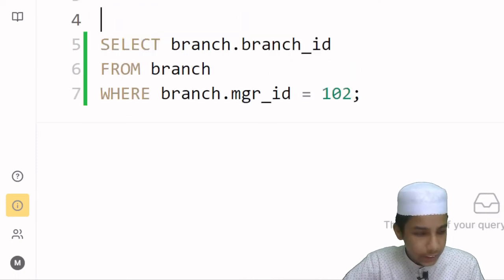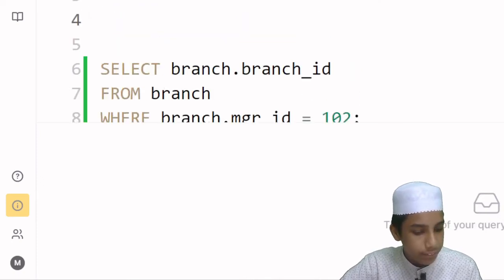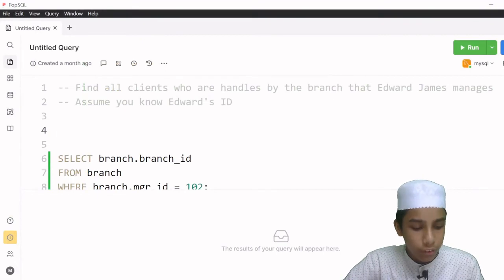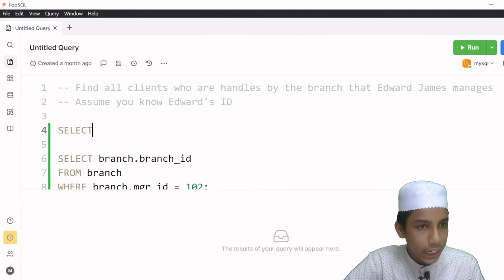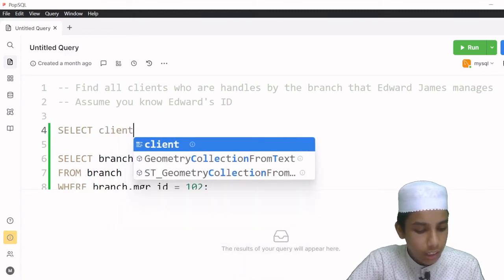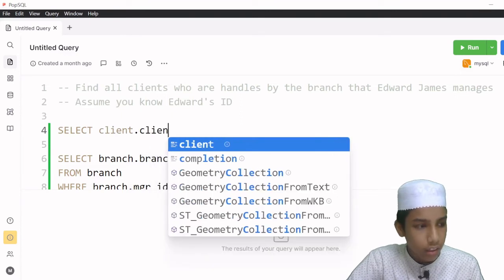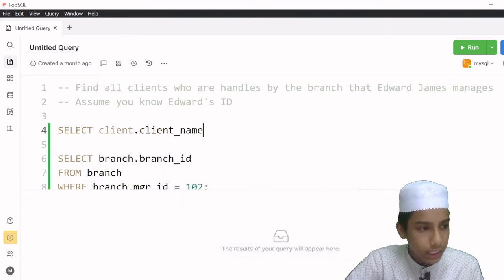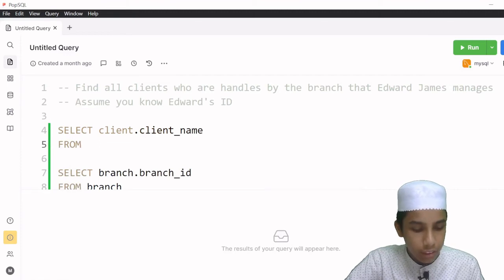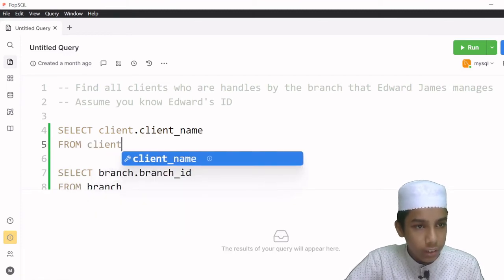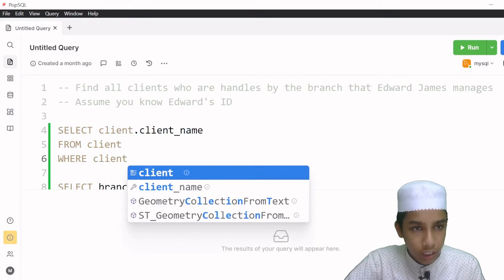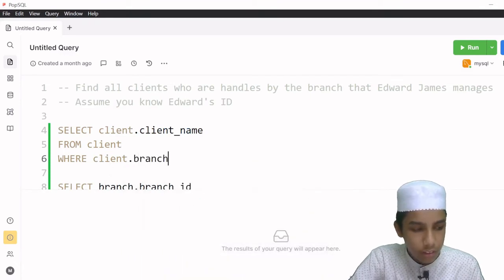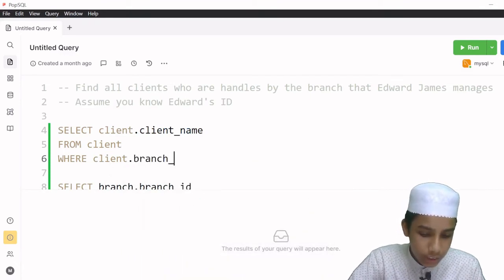So now I am going to put this aside, and now I am going to give another select statement as I have given before. So select client.client_name. After that I will be giving from client, and now I will be giving where client.branch_id